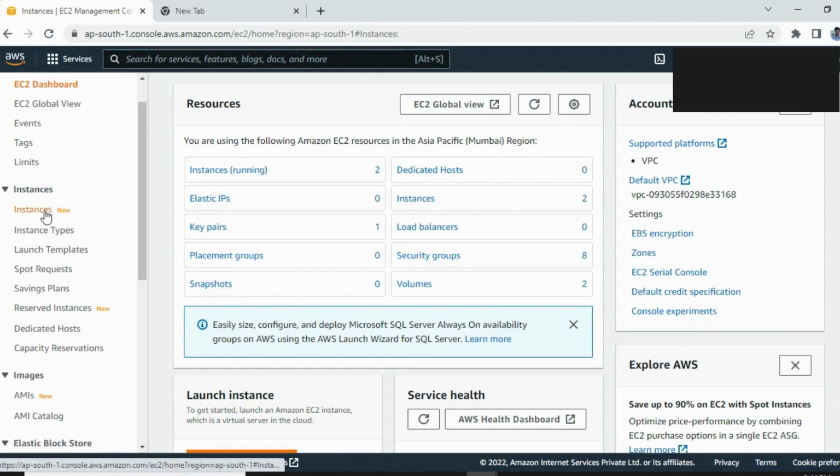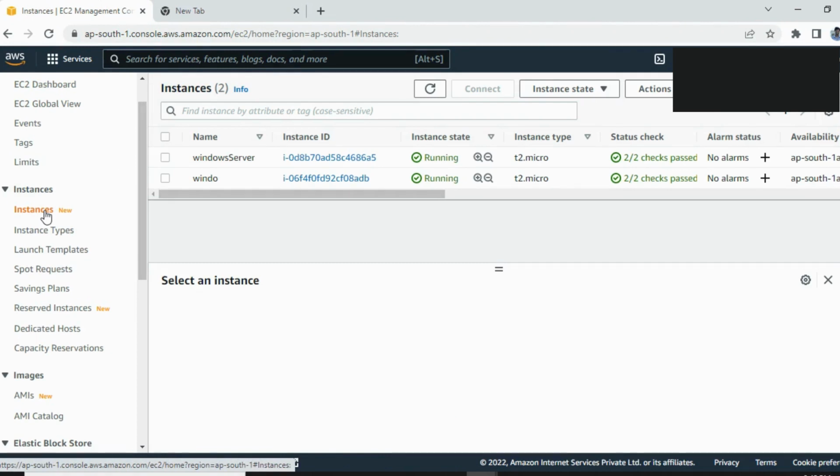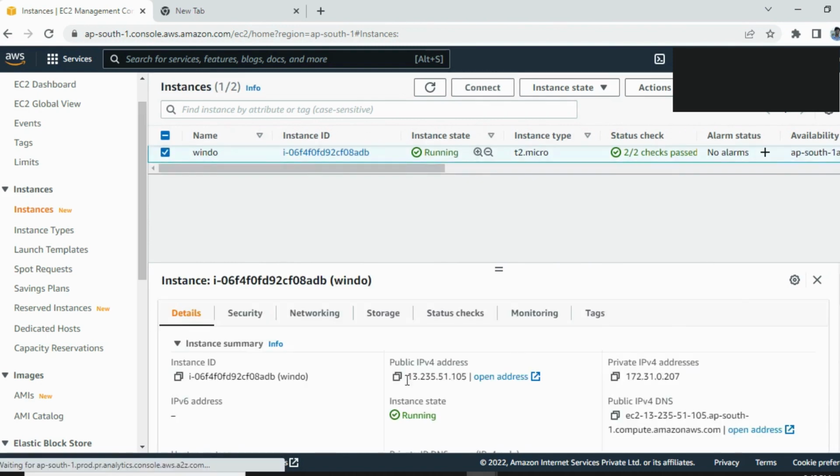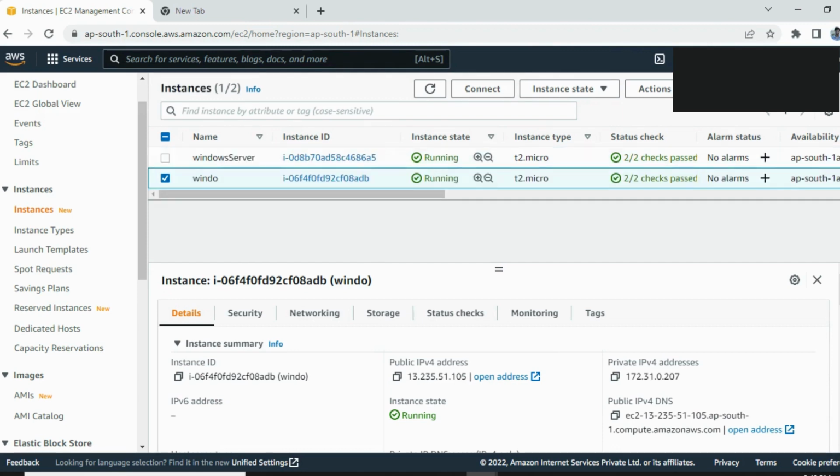Go to your instance. If you have no idea how to create an instance in AWS, please check out my previous video. Click here. This one is my Windows server. This one is the public IP, and we will check whether this public IP is accessible from outside this instance with my application or not. Okay, so first connect to this instance,